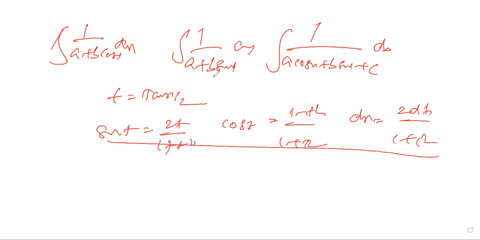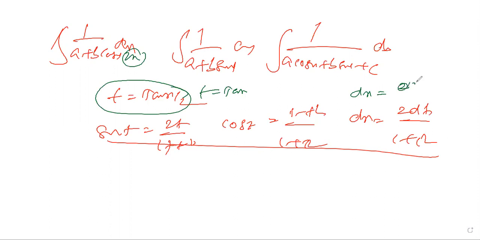Then do your job. In any case, when there is a 2x, just these terms are going to change. You can take t is equal to tan x, dx is equal to just dt by 1 plus t square. That is the thing that should change. Sorry, 2 dt will come there, it should not be that. That is the thing that should be changed. Rest of the things are all fine.